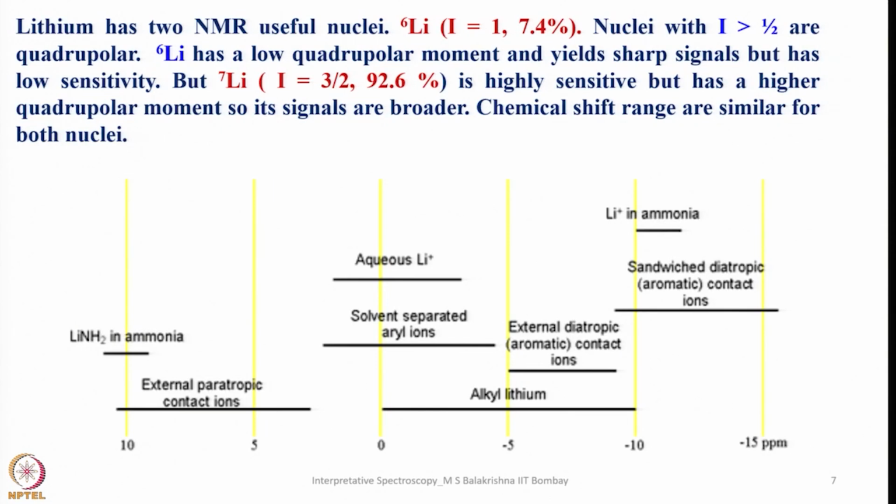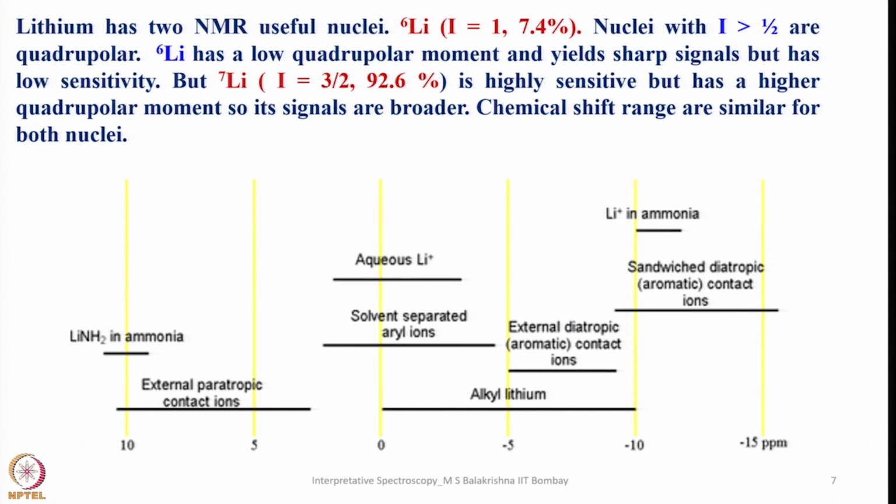So now let's come back to lithium. Lithium has 2 isotopes. 6 lithium with I equals 1 and 7.4% abundance, and the other one is 7 lithium with I equals 3/2 and natural abundance is 92.6%. One should remember that nuclei with I greater than half are quadrupolar, and since 6 Li has a lower quadrupolar moment, it yields sharp signals but has low sensitivity. However, 7 lithium is highly sensitive but has a higher quadrupolar moment, so its signals are always